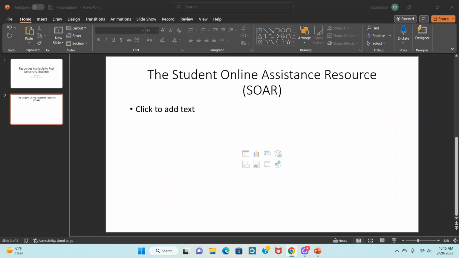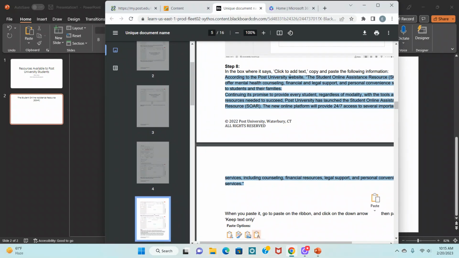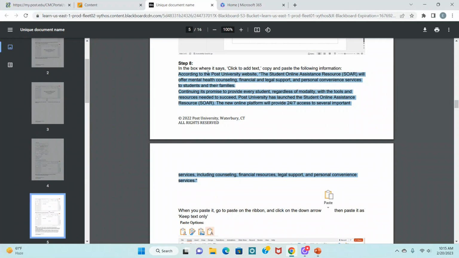Let me make sure I'm starting at the right line here. Here we go. Let me just bring that over here. So within the assignment guide, it is asking us to copy and paste this content here. As we saw within one of the Microsoft Word assignments, we had some content that crossed over to a new page, and we had some footer information that right here does not look like it's selected, but it will transfer over. So with this copied,